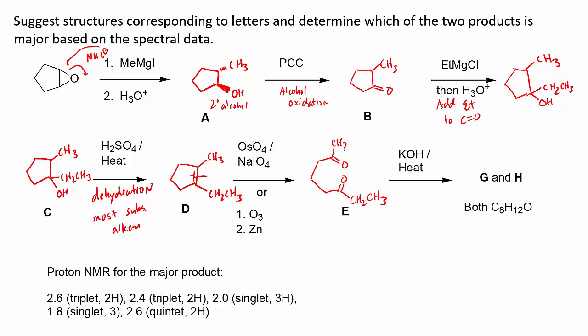Okay, and if you now look at the reactions that these can do with base, this would of course be the intramolecular aldol condensation. 1, 2, 3, 4, 5, 6, 7, 8. Yeah, we have 8. We don't want to do 4-membered ring aldols, so if we look at all the